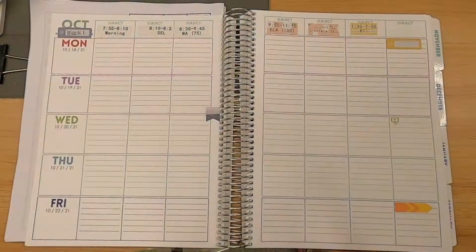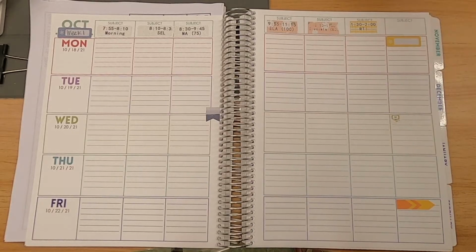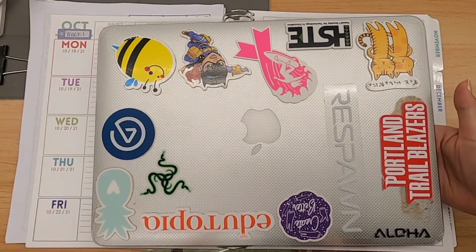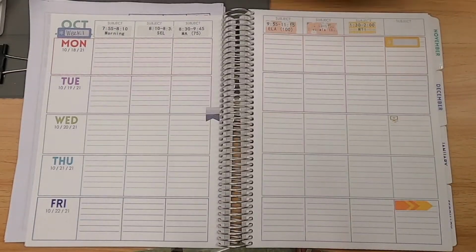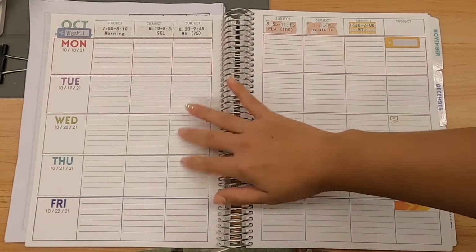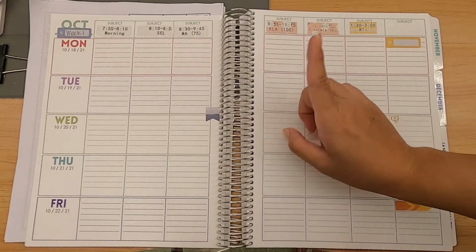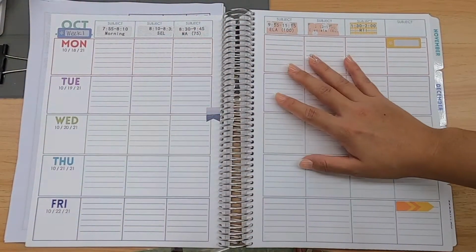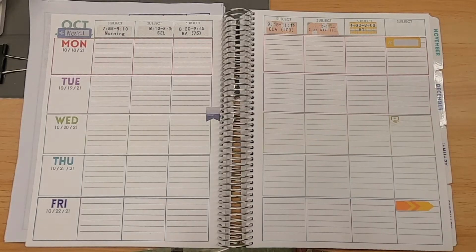So something that is important when beginning planning, or for when I am going to start doing my planning, is I definitely need my computer here with me. My computer is just what I use, of course, to access different websites or different resources that I know I'm going to be using for my particular lessons throughout the week. I usually keep it up there above my planner so I can be looking at what I have to do on my planner, but also accessing whatever is up on my computer. In addition to that,